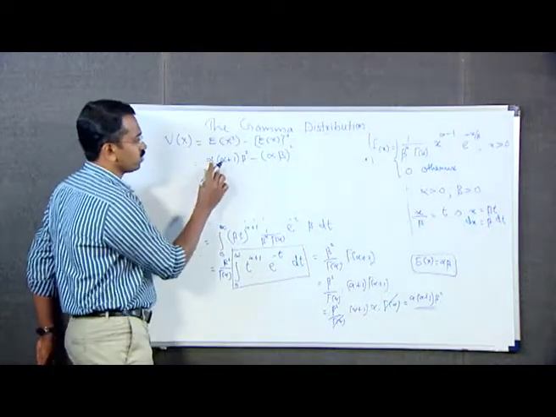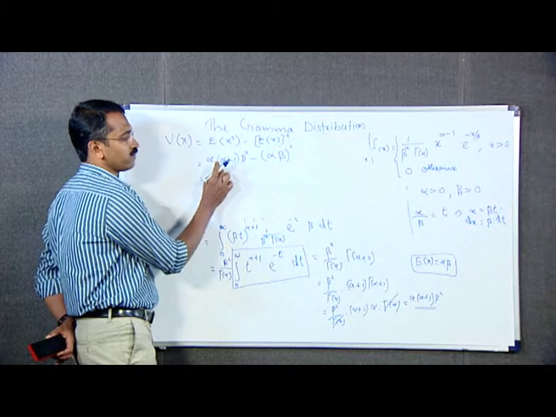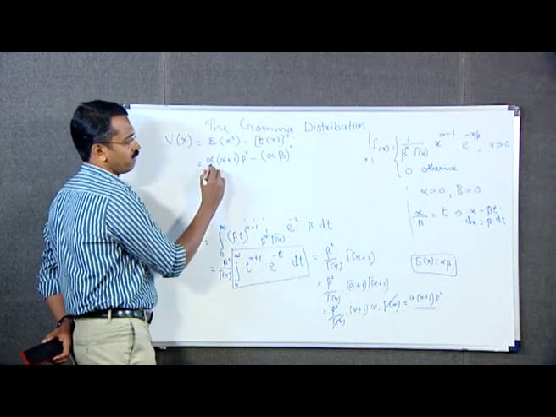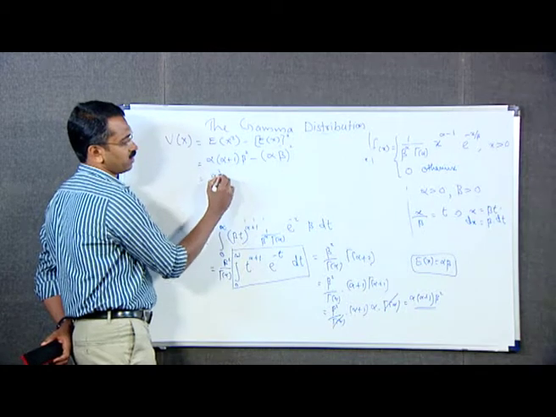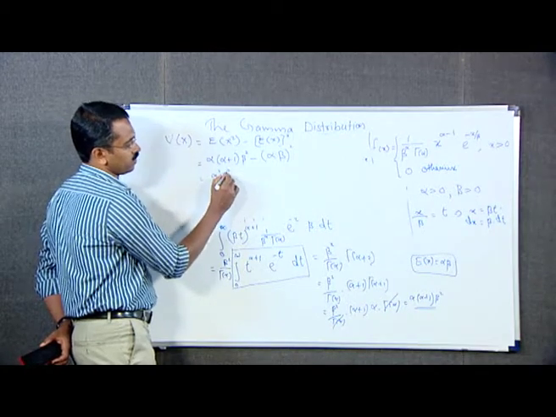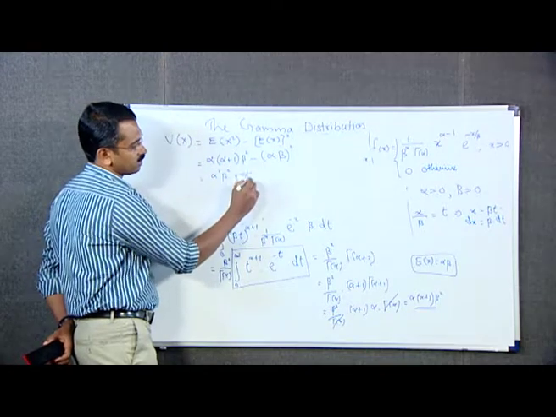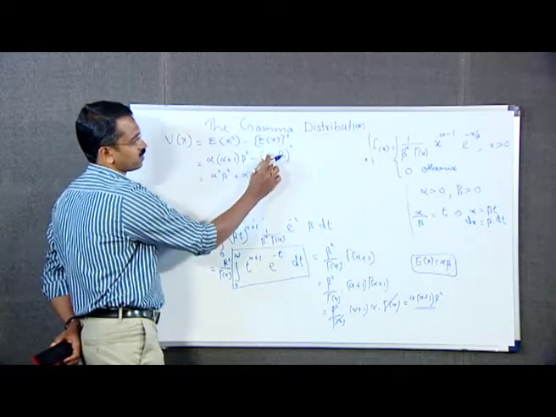Here we open this bracket, we get alpha into alpha is alpha square into beta square plus alpha into 1 is alpha into beta square minus alpha